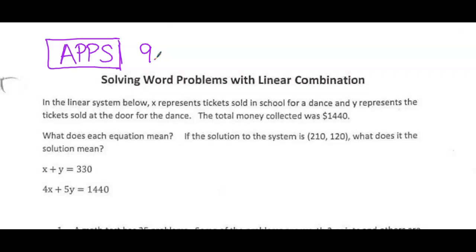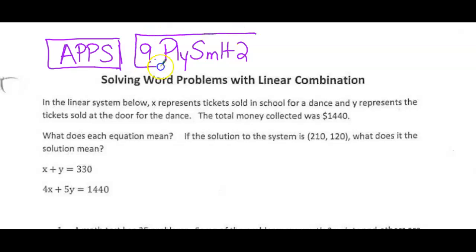Number 9 on the calculator says it's a polynomial simultaneous solver, but it says PolySmlt 2. So you're going to push the purple apps, number 9. After you push 9, it says Texas Instruments, any button to continue. After you press any button to continue, you have 6 options. And you're going to press number 2,